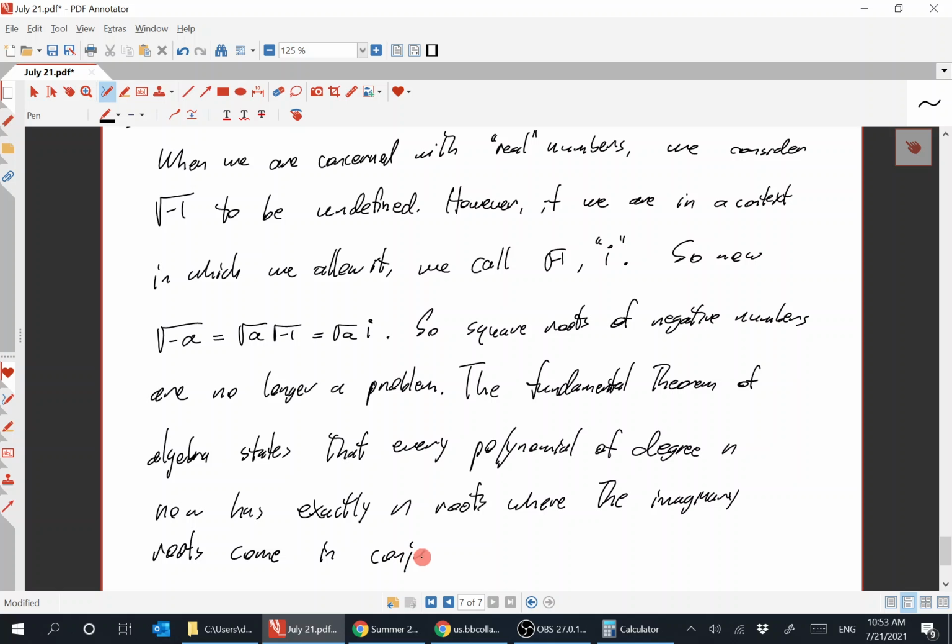In conjugate pairs. A plus bi and a minus bi. So, for example,